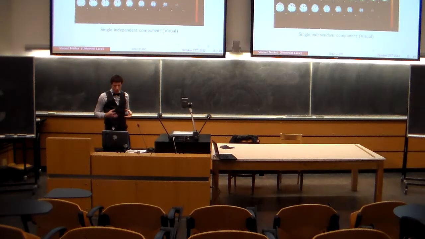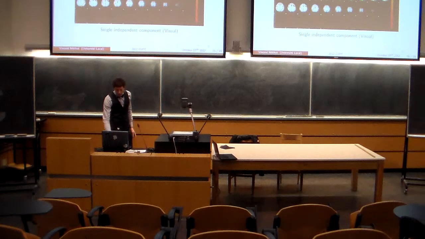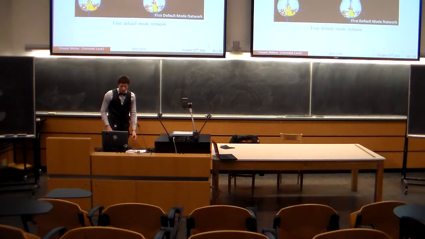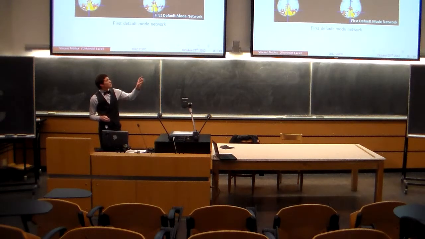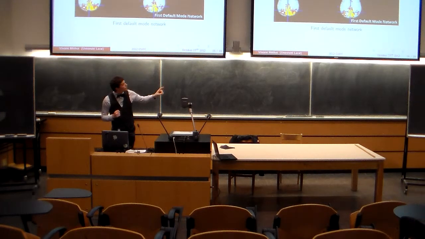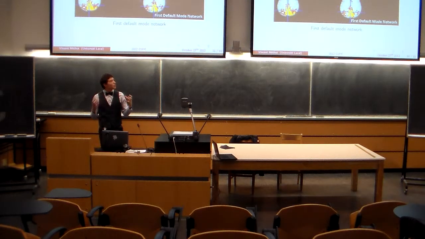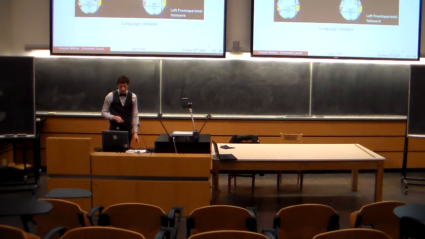I did this process for the two groups. First one, the PAE, parental alcohol exposure, and the second one for the control. And then I compared the images. They are really alike, but you can see differences. So for the control group, the zones are not exactly the same, but you can recognize that it's the same network. And for the FASD group, you get a little bit less and a little bit more voxels affected by the same time series that is related to a network. In this case, it's the default network, a part of it at least. The second is the language network that seems to be affected, although